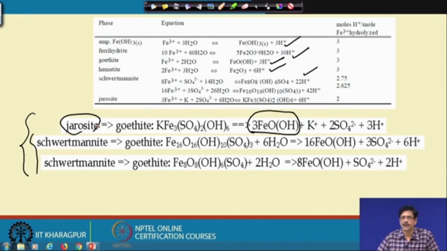So, as and when they get converted to the iron hydroxide phases like ferrihydrite or goethite, these ferrihydrite and goethite cannot accommodate these toxic metals on their surface the way these minerals are able to accommodate through the process of adsorption. So, adsorption desorption plays a very important role in mobility of the heavy metals and their dispersal in the surroundings. So, the moment these minerals are getting converted to such iron hydroxide phases, these heavy metals are again released into the surrounding.